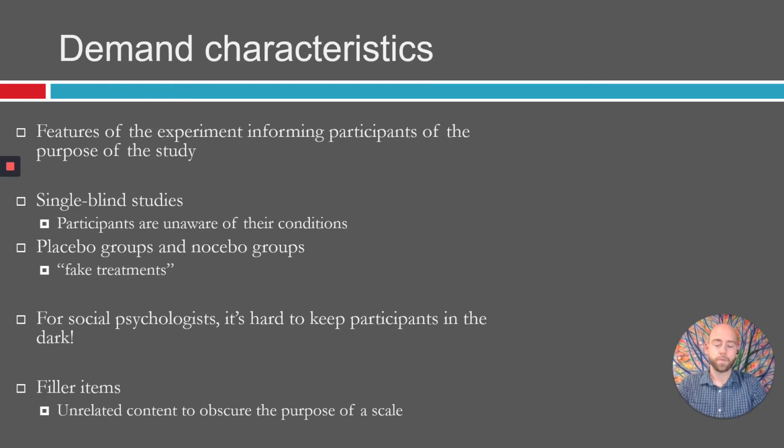One way that might be useful for all of you to try to obscure the purpose of your study, because you're manipulating a variable and measuring another one, but you don't necessarily want people to connect those two things. So in addition to your dependent variable that you're measuring, you might find it useful to include things called filler items. These are items, either entire scales or items mixed into scales, that are unrelated to what you're studying, and things that you believe would be benign or would not affect your outcomes, but obscure the idea behind the study